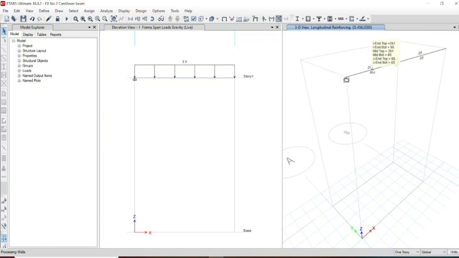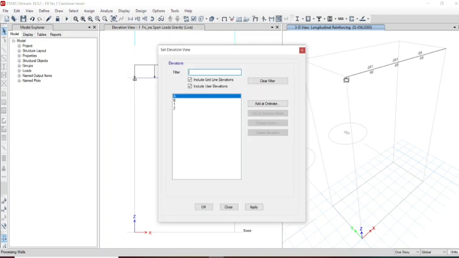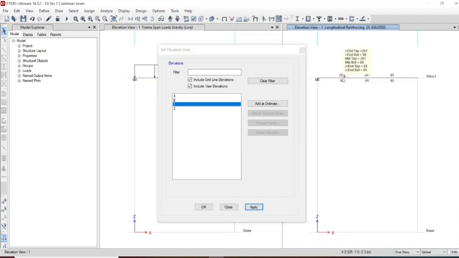And you can see here the top reinforcement is 261 and bottom reinforcement is 90. You can observe here that in the cantilever beam, the top reinforcement is higher than the bottom. Why? Because the tension is higher at the top.